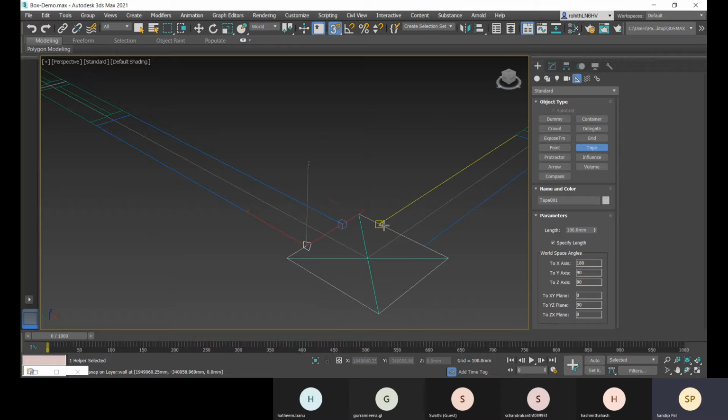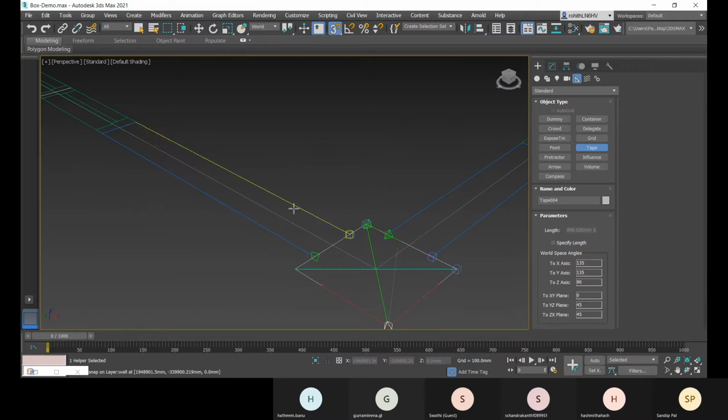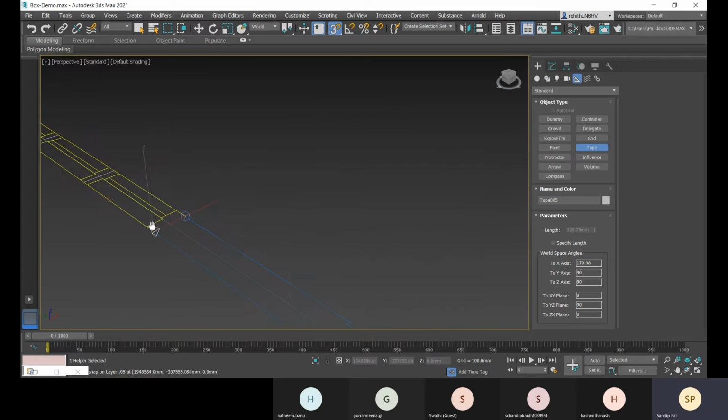Just a second, let me check. From this to this is 100, and from this to this, just a second, let me check. Yeah, so this is the length.